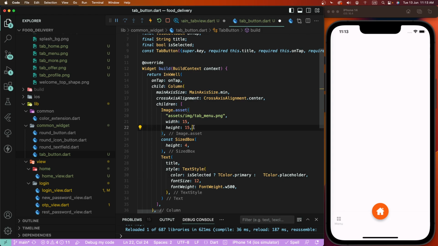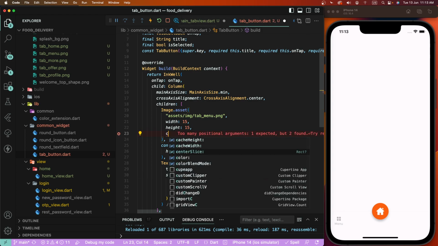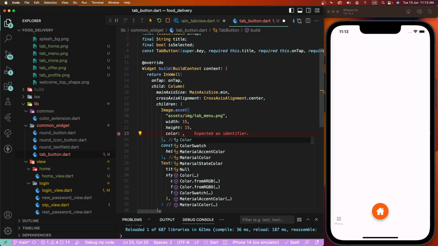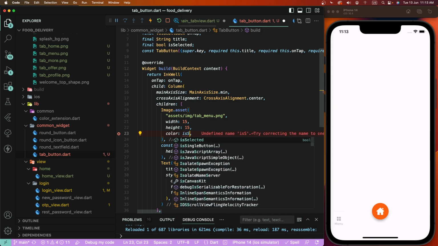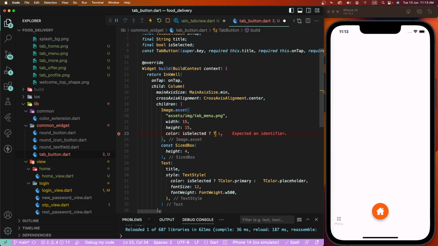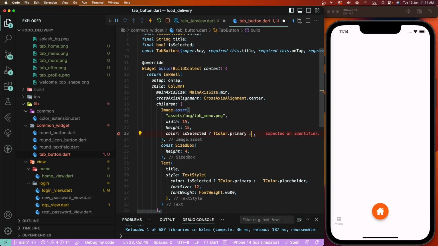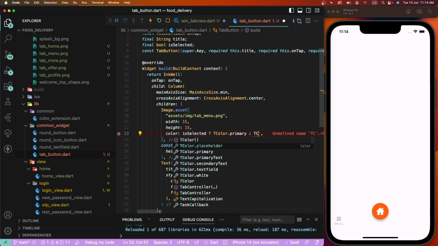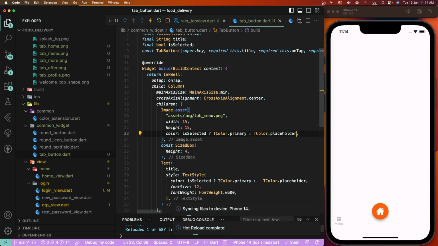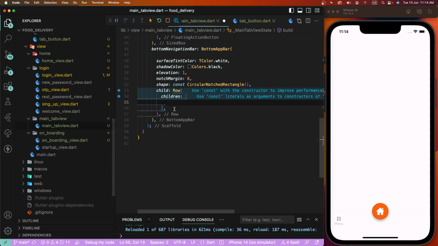Now we need to give here the color for the image button. Give here the color selected, memory color threshold. Now save this and we need to configure here